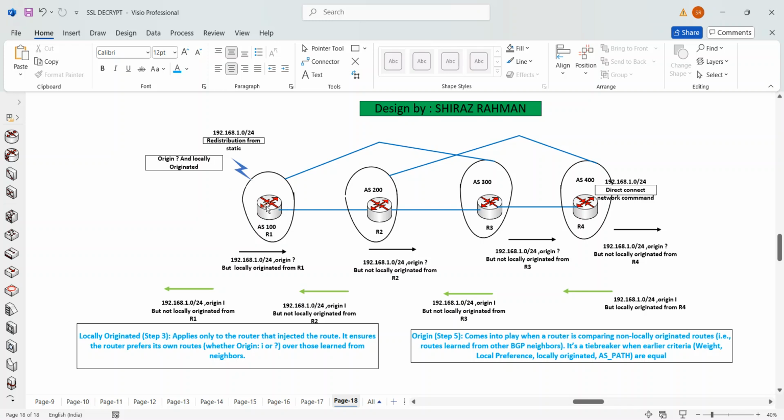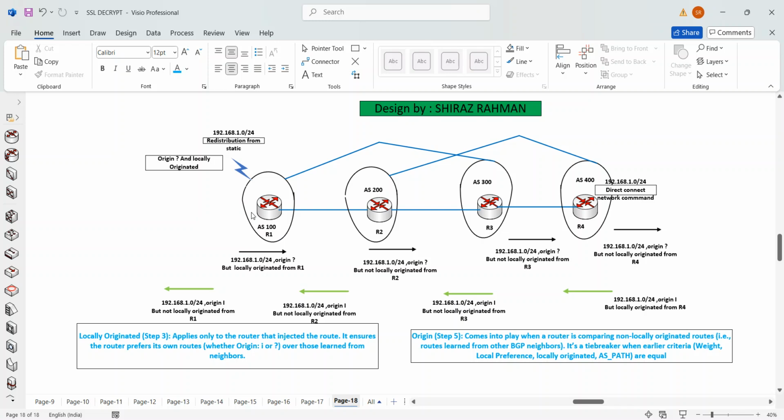Right? So R1 will now have both routes. It has one route, 192.168.1.0, with origin question mark. It also has another route, 192.168.1.0, with origin I. But one route is locally originated, another is from R4. So it will install the redistributed route in the BGP table, because that is more preferable at step